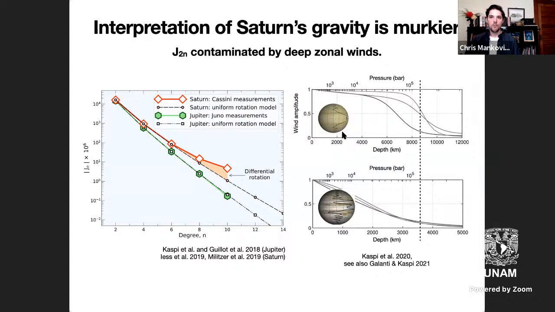You can back out a family of profiles that are allowable for the wind amplitude as a function of depth. That's what's shown here for Saturn above and Jupiter below. It's not uniquely determined, but scientists like Yohai Kaspi and Eli Galanti are able to make really informed guesses and show that the gravity actually constrains the allowable profiles quite well. And they penetrate to similar depths, it seems. This differentially rotating part of these planets' exteriors penetrates to similar depths in terms of pressure.